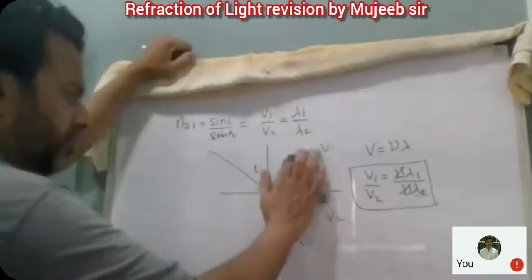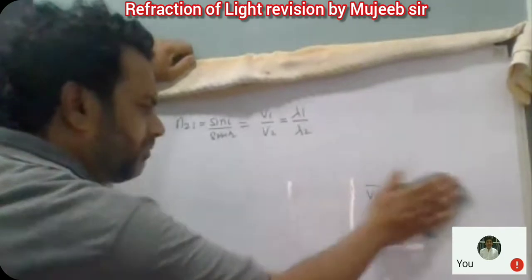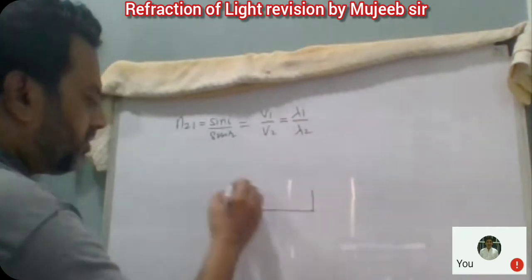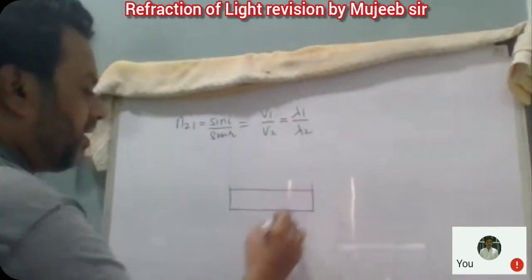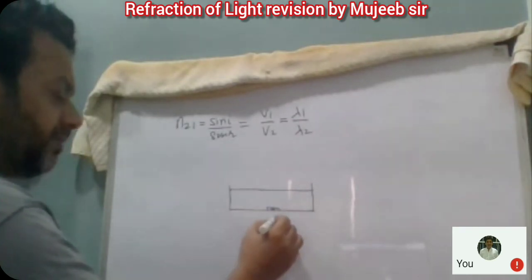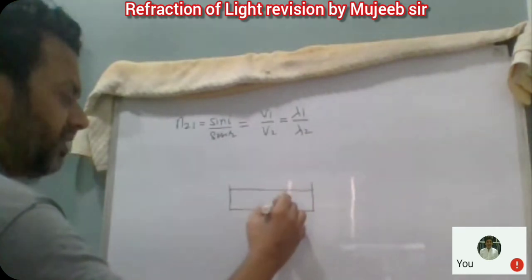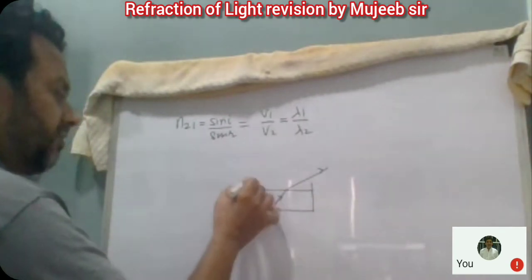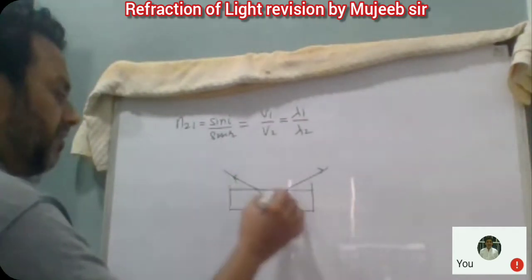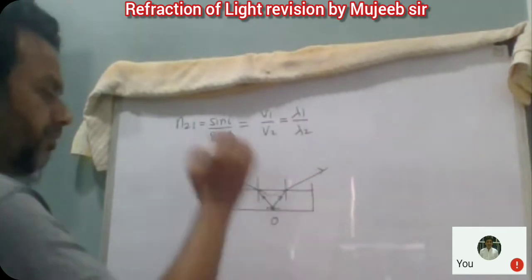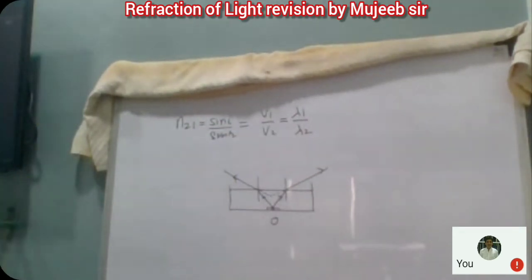One more thing: observe what happens when you keep a pen half inside the water and half outside. Suppose here is the water container, and you keep a coin in it. The rays of light coming from the coin go in this direction, then bend and go in this direction, because they are going from the denser medium to the rarer medium. So they travel away from the normal. When you retrace them backward, they appear to meet at a point above the actual point, and because of this, what will happen?